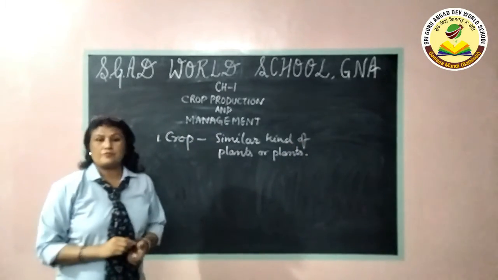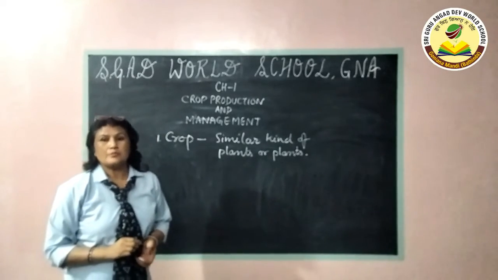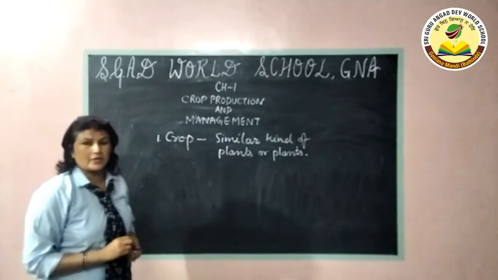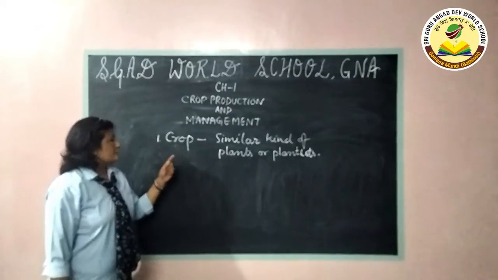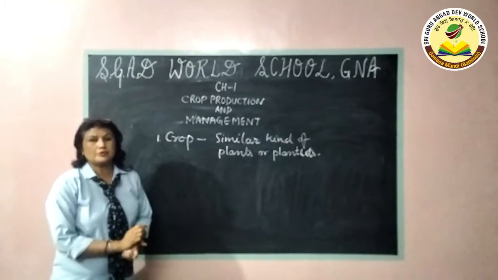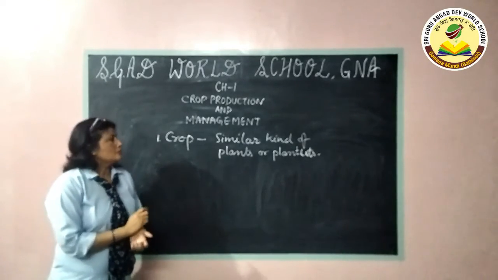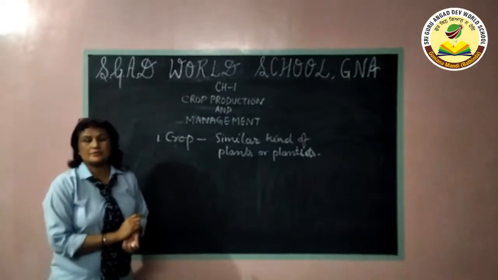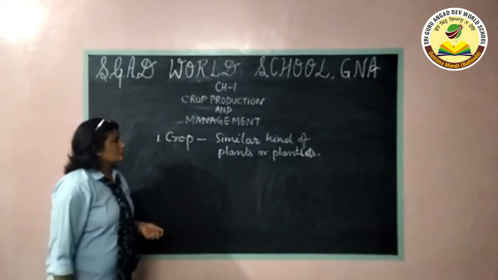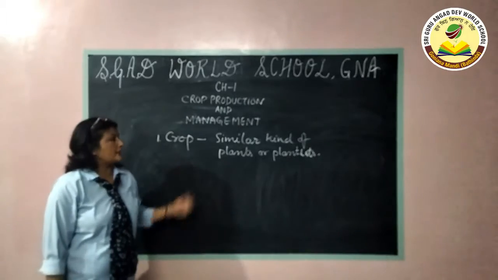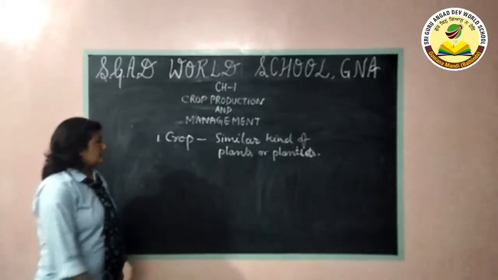To grow crops, we have to follow some processes. Those are known as agricultural processes. Now we will see what are the different types of agricultural processes. When we are talking about crops, as you know, India has different kinds of climatic conditions. Some areas have more humidity, some have less rainfall, and some have temperature problems. To solve that problem, we have two types of crop production in India, that is